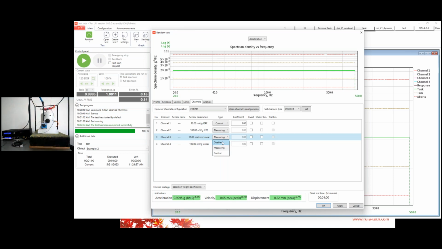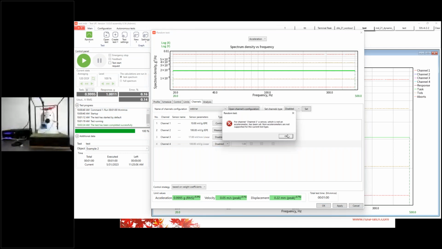Let's apply the settings. Also, you see that during this test, you cannot use non-accelerometer sensors. So let's go to channels configuration